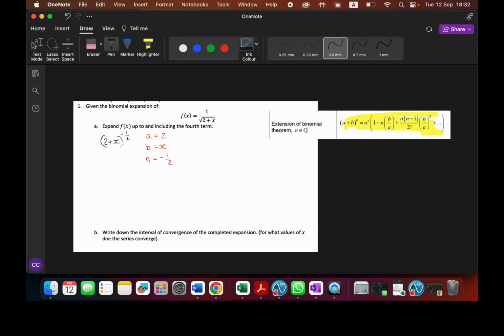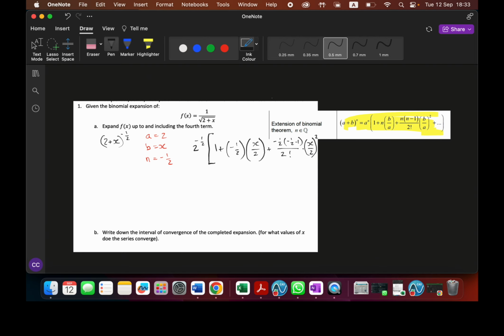If I write out this expansion, it's going to turn into 2 to the negative 1/2 power times the quantity 1 plus negative 1/2 times b, which is x, over 2, so b over a, plus negative 1/2 times negative 1/2 minus 1 over 2 factorial times b over a, which is again x over 2,